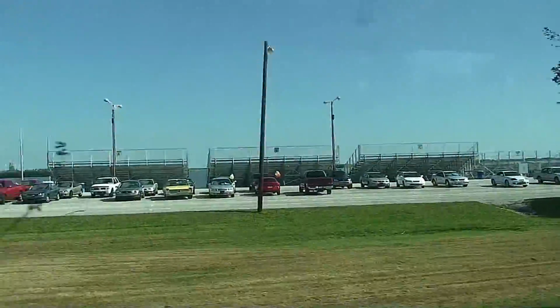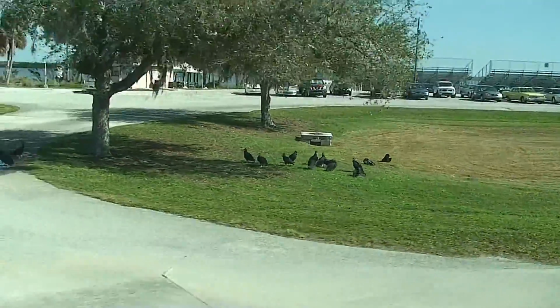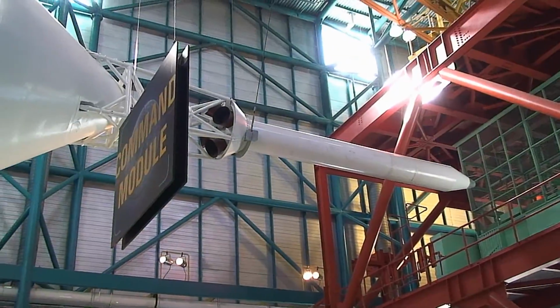Now, folks, over here in the corner of the building are some bleachers for mamas and papas and brothers and sisters, and you're allowed to sit on them. Folks, you're not coming back to this bus, so be sure you take every...